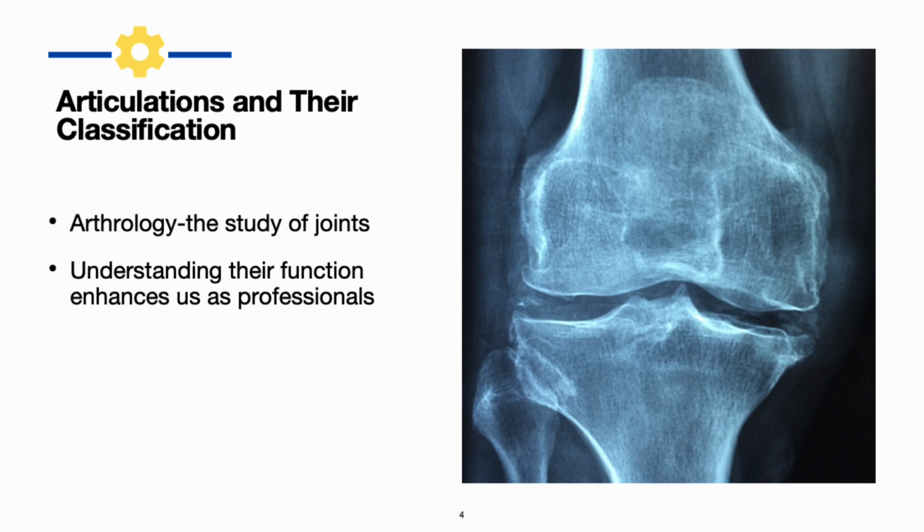In the majority of this class, the middle 2/3, we're going to go region by region and look in depth at each of the major articulations in the body. But we need to look at the general structure of these articulations. And I think the better we understand how these bones are joined, what structures join these bones, and how they move because of the bony anatomy and the soft tissues around the joint, we're going to be better